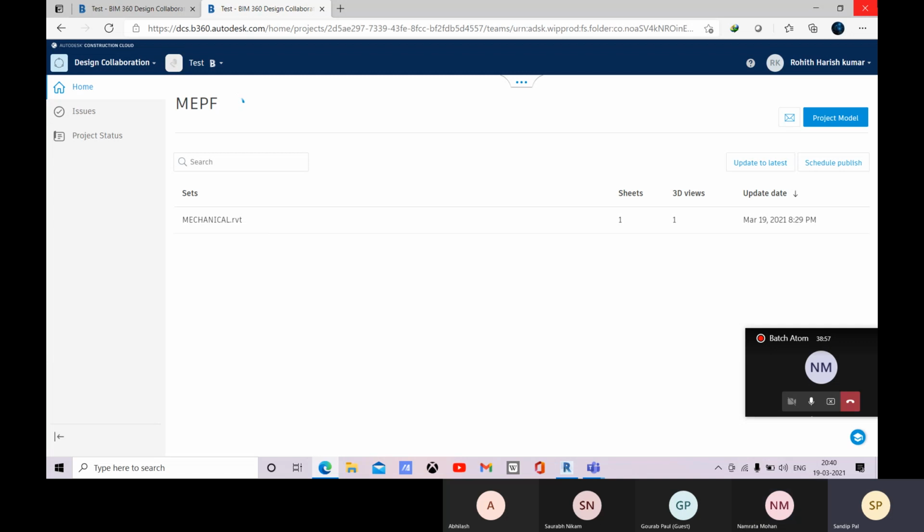If I have to update the architecture file, then I again have to do it here, like refresh, or the whole new file has to be updated? Means you have done some changes? Yeah. So no, that will be linked with that architect file.